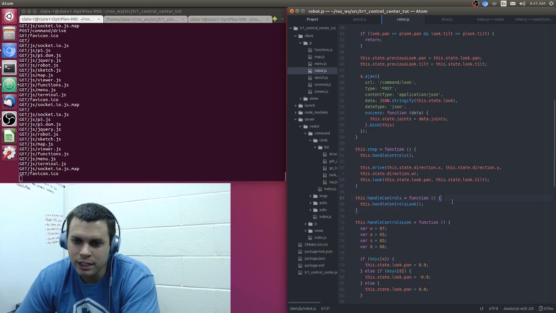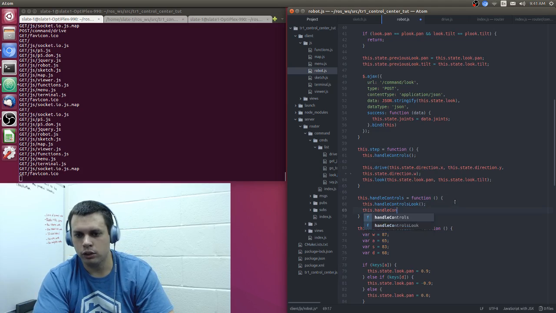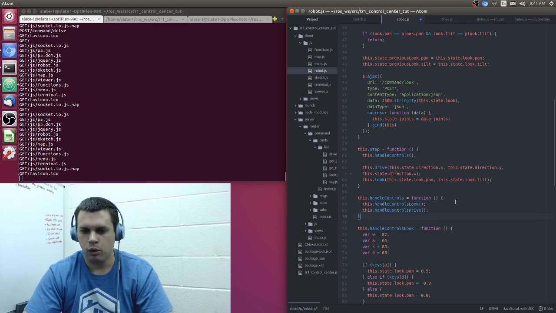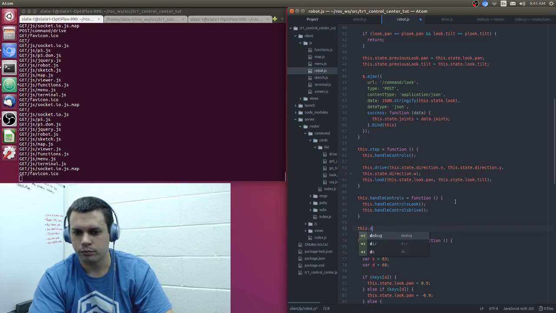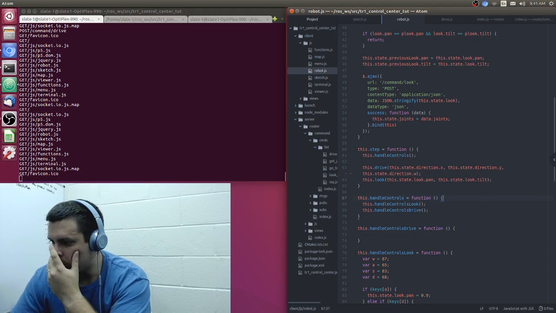Okay, so now all we need to add is handle controls. this.handleControls drive, and then we'll add that function down here. Okay, so